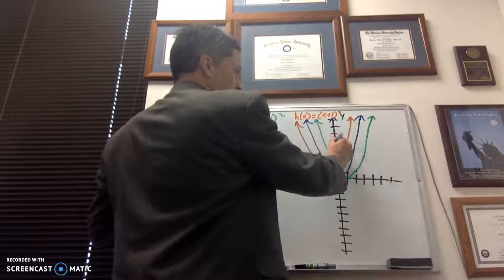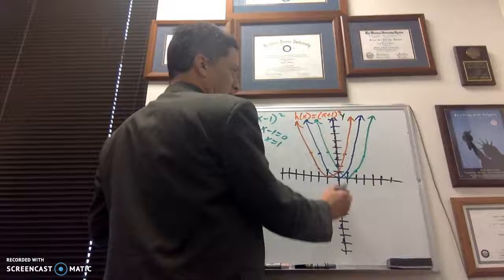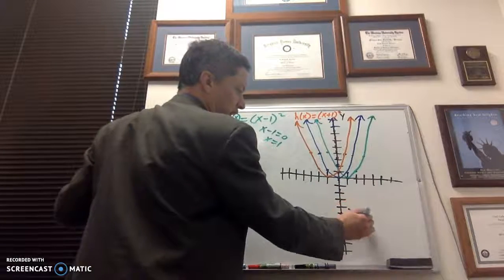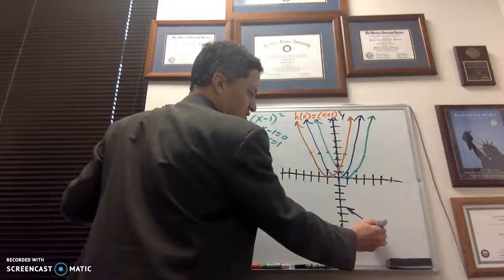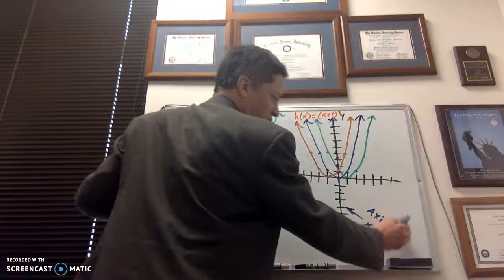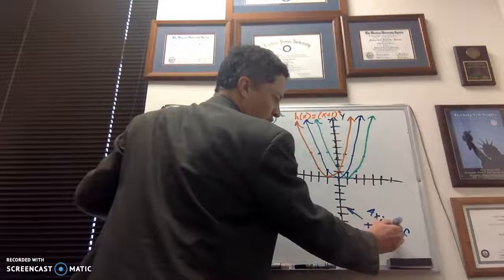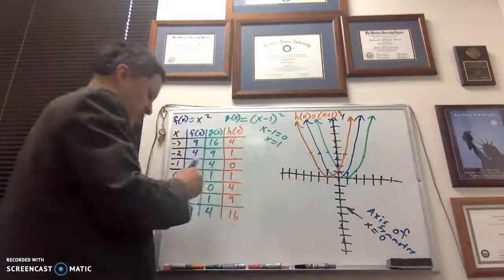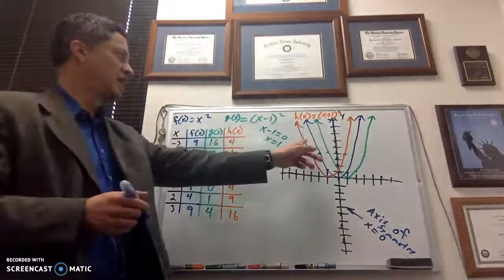I mentioned a little bit about axis of symmetry. If you watched part 2, I made my dashed line in red here, and the axis of symmetry for this guy is going to be x equals 0. But what I didn't do was discuss what happened to my axis of symmetry when I graphed my green and